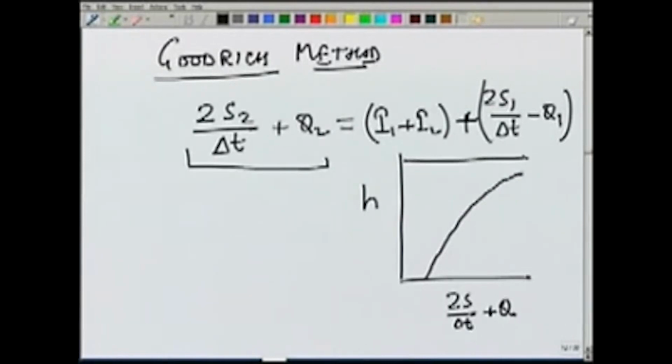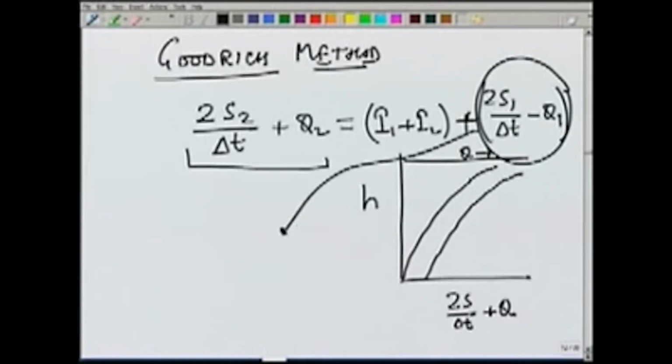We can plot q also as we had done earlier, but here the computations become a little easier, because now we do not have this delta q delta t term, we have only this q term here. So, this 2s1 term is written as